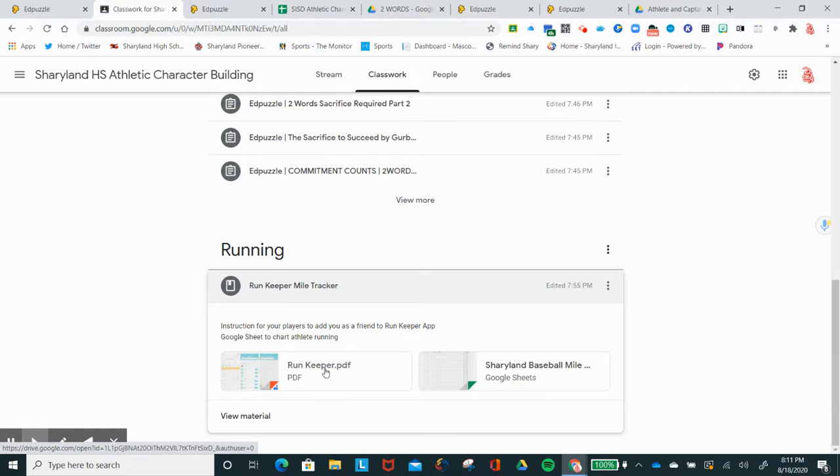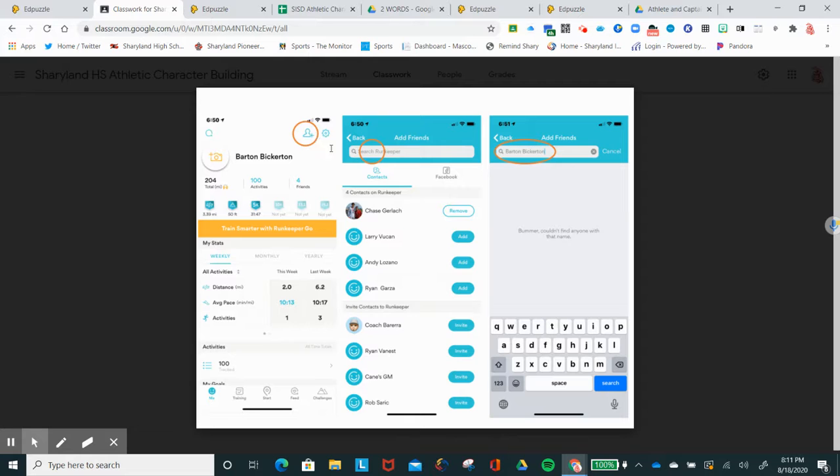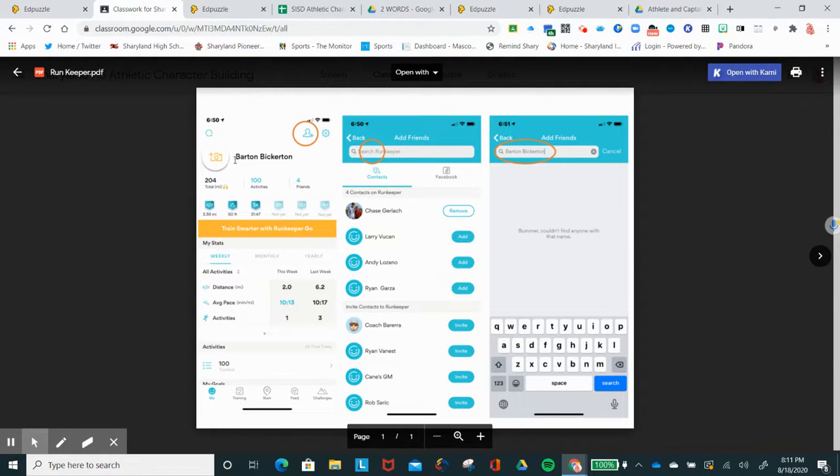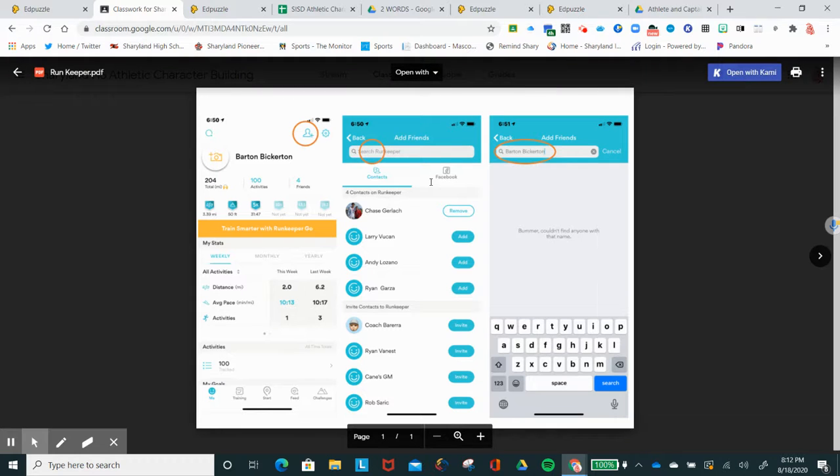Okay, so if you want to keep track of your kids running, what you need to do is download this app, which is Runkeeper. Once you get in there in Runkeeper, then click on this right here, which means to add friends. And your kids are going to need to do this. So they're going to add friends. They're going to type in your name as long as you've already signed up to Runkeeper, which my kids are going to put in my name over in here. And then they just push enter, and it sends a request to you to become their friend. And once that happens, then you can track every time that they run.